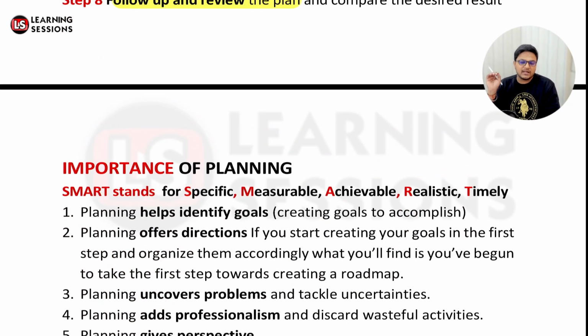Further, now let's have a look at the importance of planning. It's related to SMART. SMART is an acronym which stands for specific. We must be having specific goals. Whatsoever you are planning, it must be quantifiable. You must be able to measure it. It must be achievable. It should not be like I want to have a turnover of 100 crore, but it's not achievable. It means nothing.